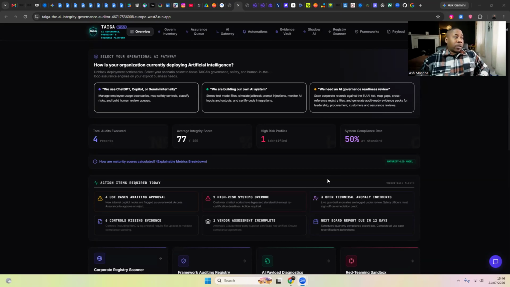So what is TAIGA? TAIGA is the AI governance, oversight and evidence platform. It is where we run all of our audits. We do our shadow AI. All our automations are run through TAIGA. We do our registry scanning through TAIGA. Our frameworks are built out and implemented through TAIGA. We've got our evidence vault in TAIGA. We've got the AI gateway, the assurance queue, the govern inventory, and we'll go through all of these things in